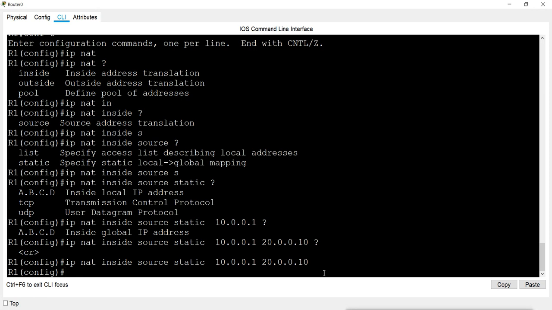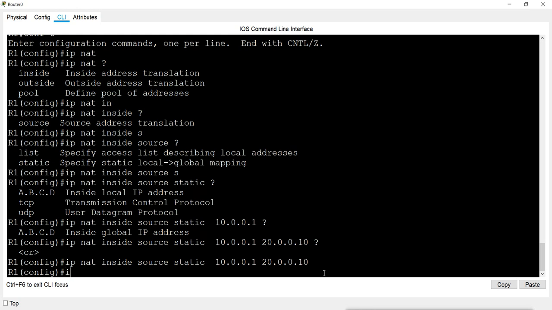And this is what you have to do one by one. So one by one you have to map all the private IPs, and that can be a big configuration. Right now we have only 5 IPs, but if you have 1000, 2000, 4000 or 5000 IPs, then it will take lots of time. But this is how it works.